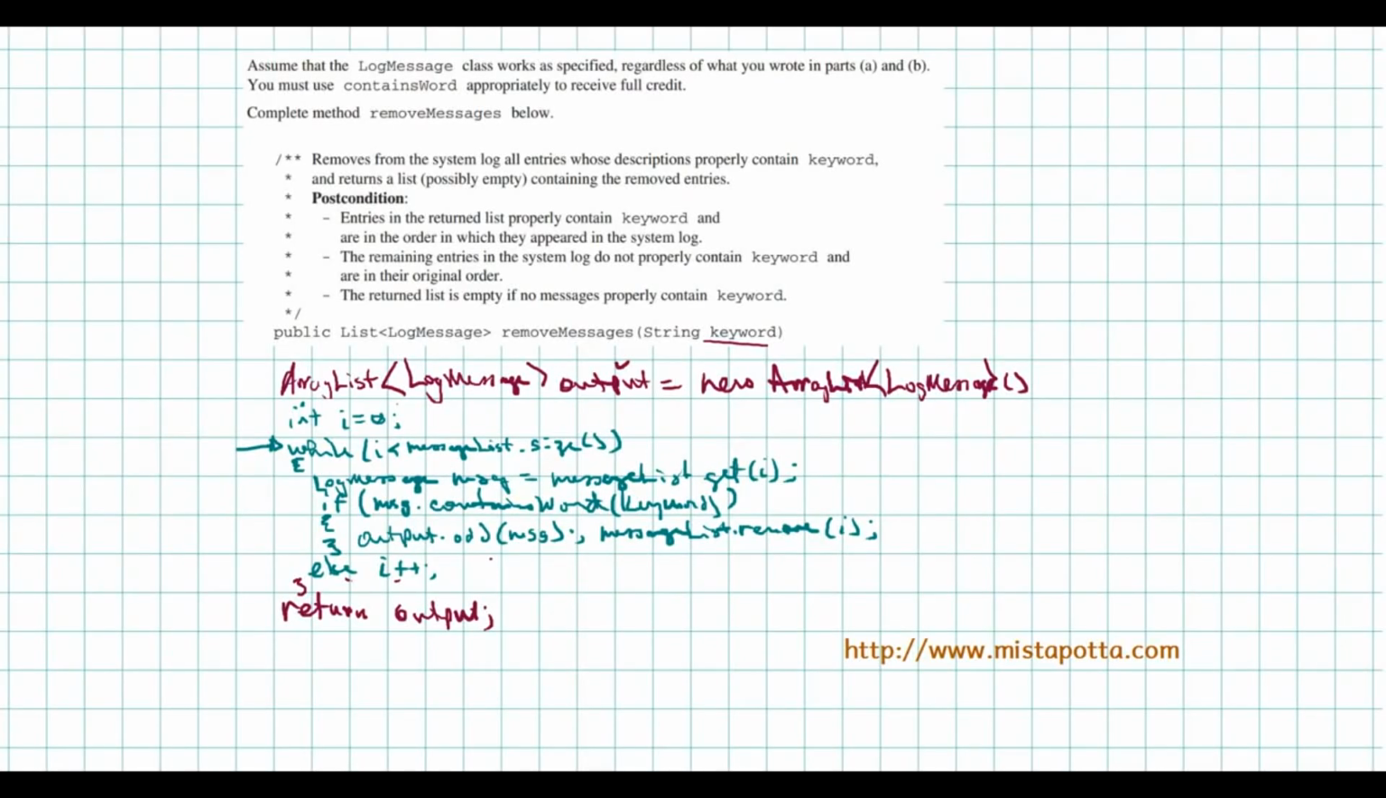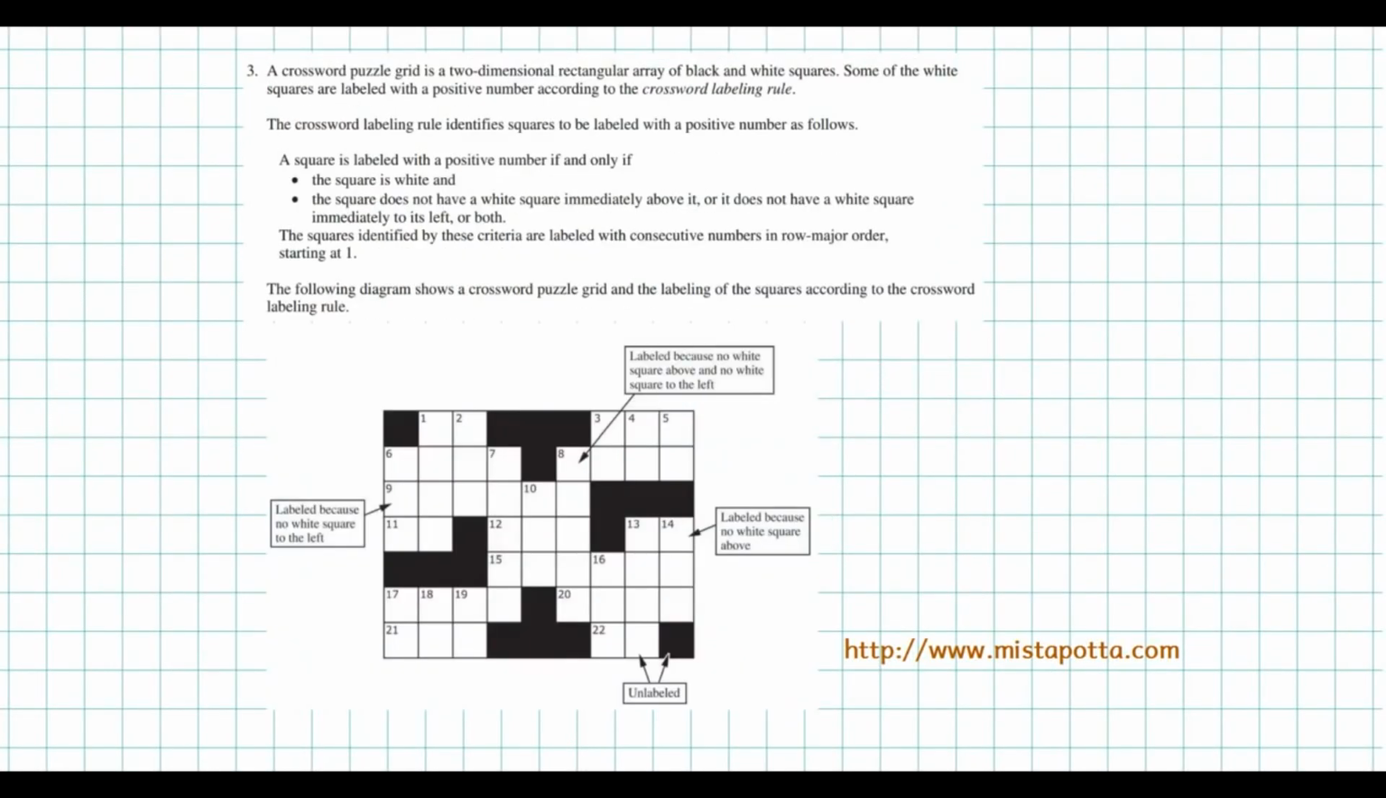Questions on the AP exam, certainly one of the longest ones. Rest of them should be pretty straightforward. So let's take a look at number 3. A crossword puzzle grid is a two-dimensional rectangular array of black and white squares, and we have to use the